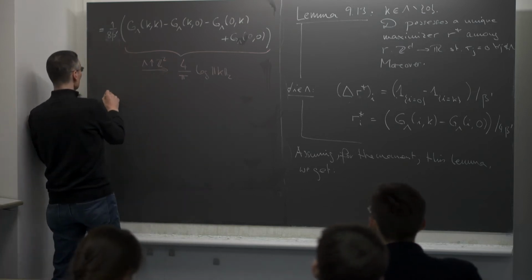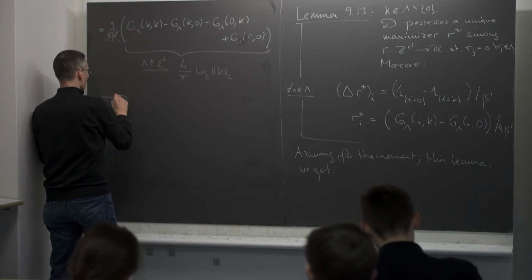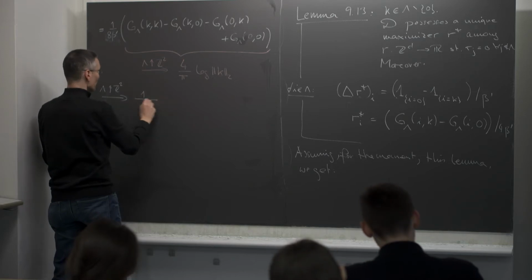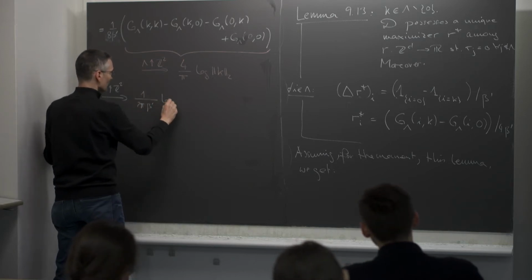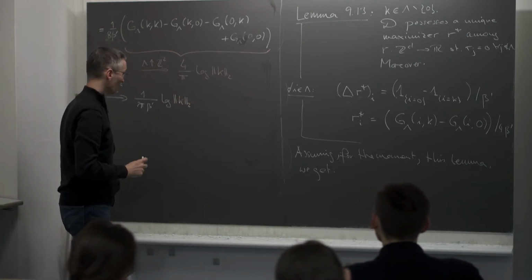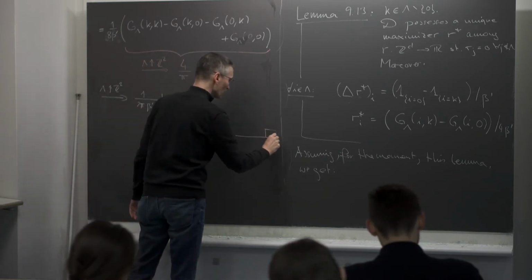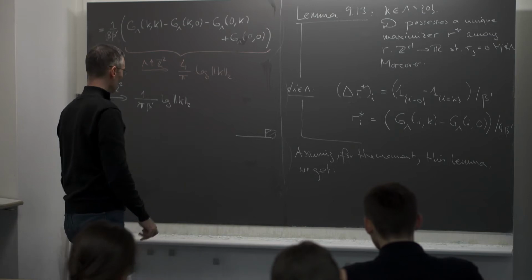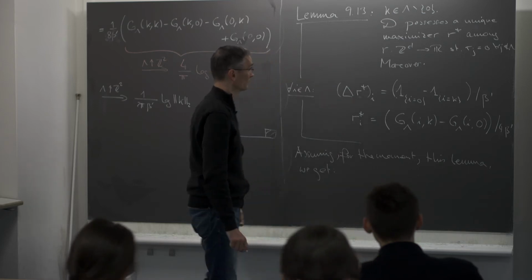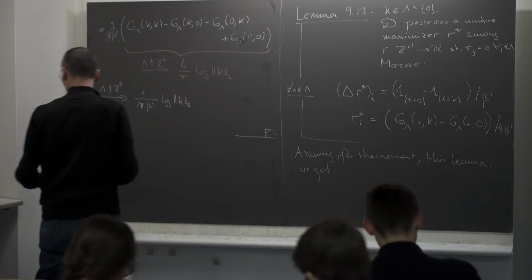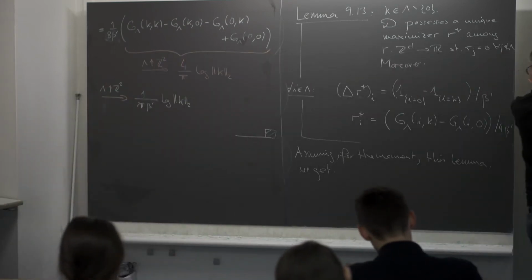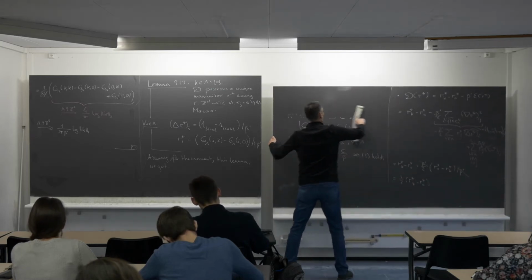And if you combine the two, you get in the end that this converges when lambda grows to Z2 to 1 over 2 pi beta prime log of the L2 norm of k, which was exactly what we wanted to prove. Okay, so this will conclude the proof of this power law decay of two-point function, provided that I'm able to prove this lemma 913. Okay, so that's the only thing left. That's what I'm going to do now. So I will keep the statement on the board, and I will make the proof here.